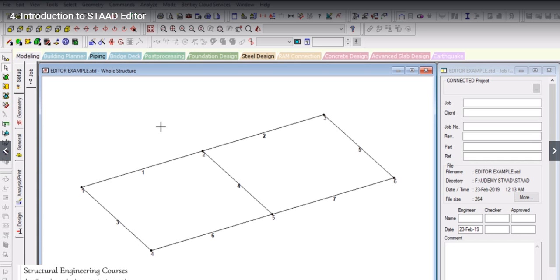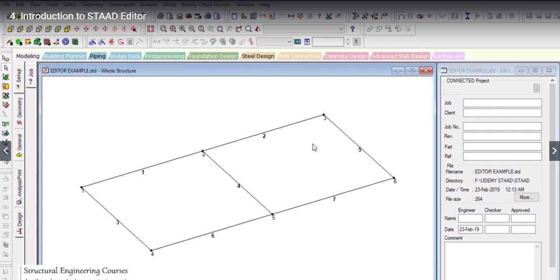See, the editor is something that makes our work very easy, and I must say that this editor is there in the ETAP software also. It is there in the Midas Gen software also. It is there in the Midas Civil software also, and most of the commercial structural design softwares that are being used by engineers worldwide have this editor file option in one way or the other. Sometimes it happens that most of the actions, if we perform them with the help of the graphical user interface, take lots and lots of time. So the editor is there to make our work easier.